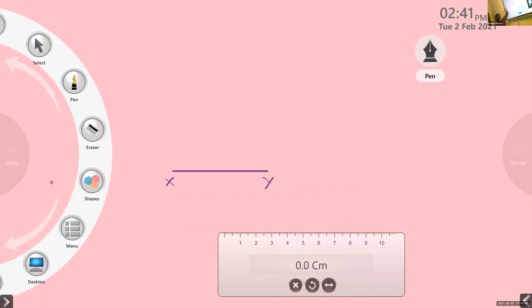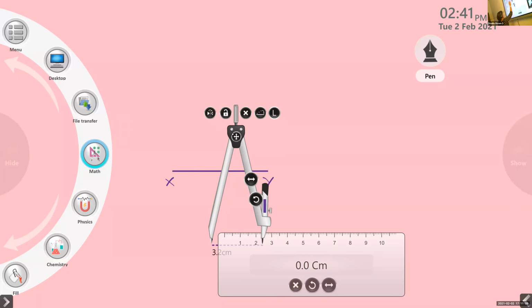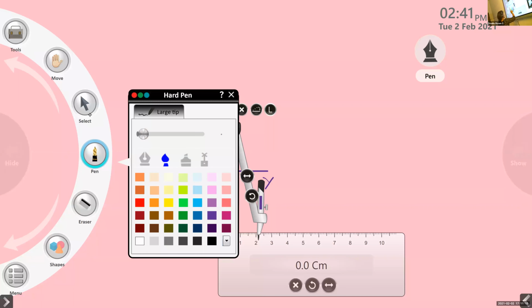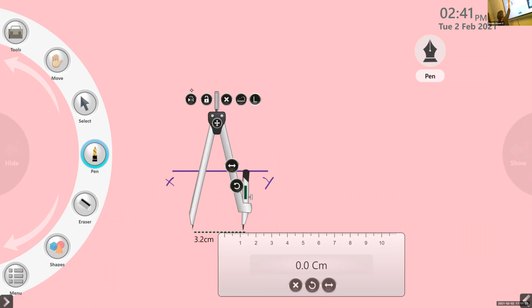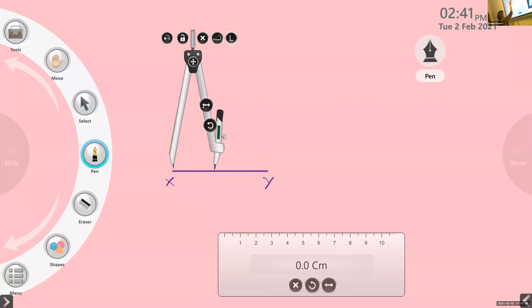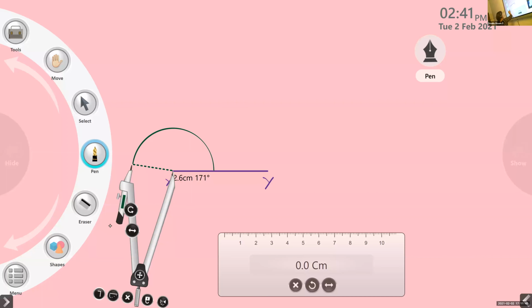Then take the compass. You are going to draw 60 degrees first, then bisect it. Okay, so that is what we are going to do. Take 60 degrees and bisect. We'll take any radius as you like. Keep the needle point here. I'm taking 2.6 only as the radius. Now you have to cut an arc. We'll just simply cut an arc like this.